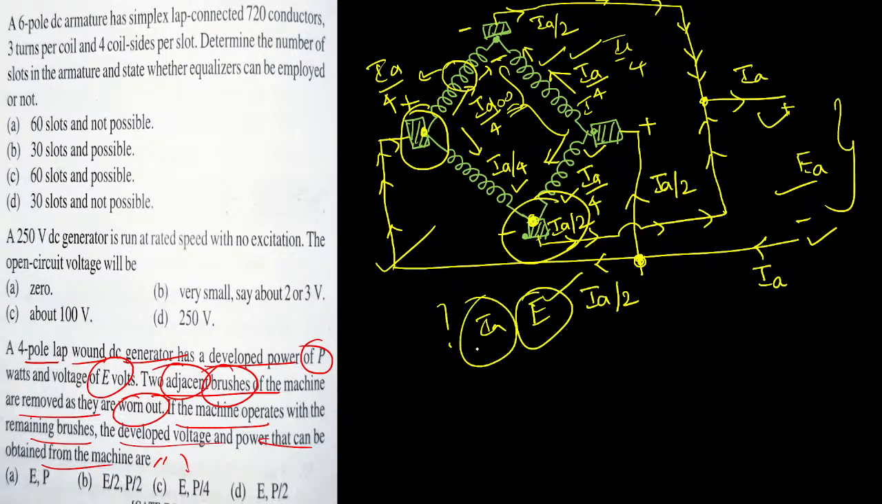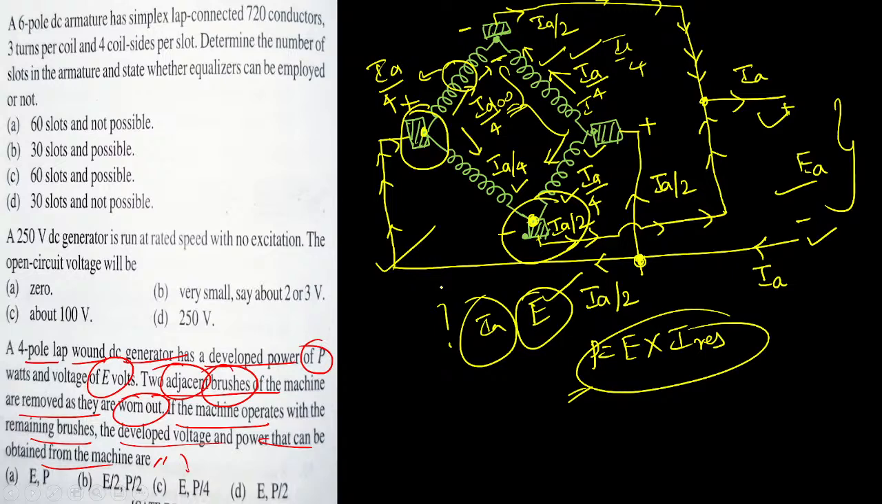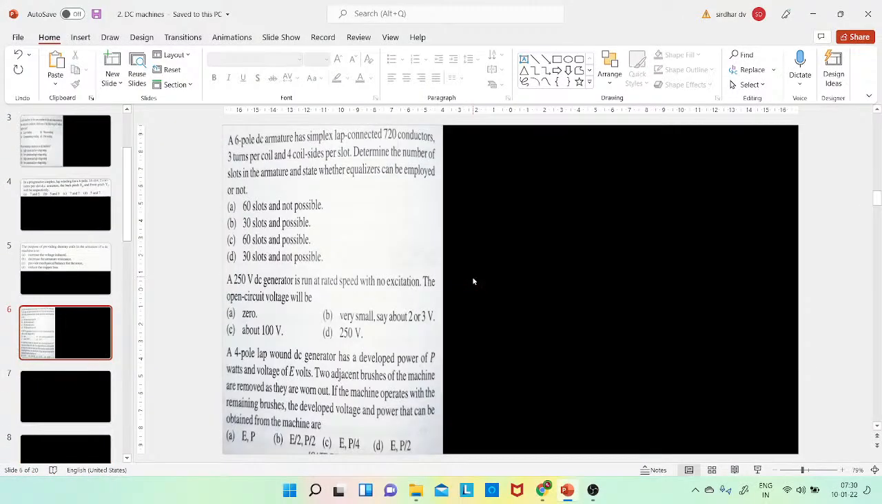You must keep your attention with the current only. After calculating, just calculate the power by multiplying E and IA, the resultant current. You will get the resultant power and voltage. That's all. Okay, fine sir. I hope you all have understood the logic behind this question. So we have seen so many things in our